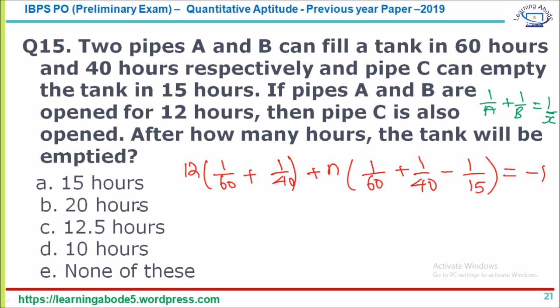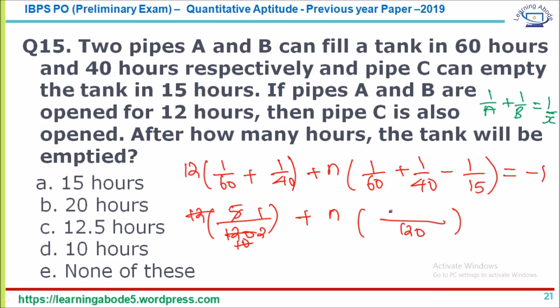Now let's try to solve this. Here the LCM is 120. So we have 2 plus 3 is 5. So 12 into 5 is 60, so the whole thing is like half. Now here again you have the LCM as 120, and so this is 2 plus 3 minus 8. The whole thing is equal to minus 1. Now you have half plus this is